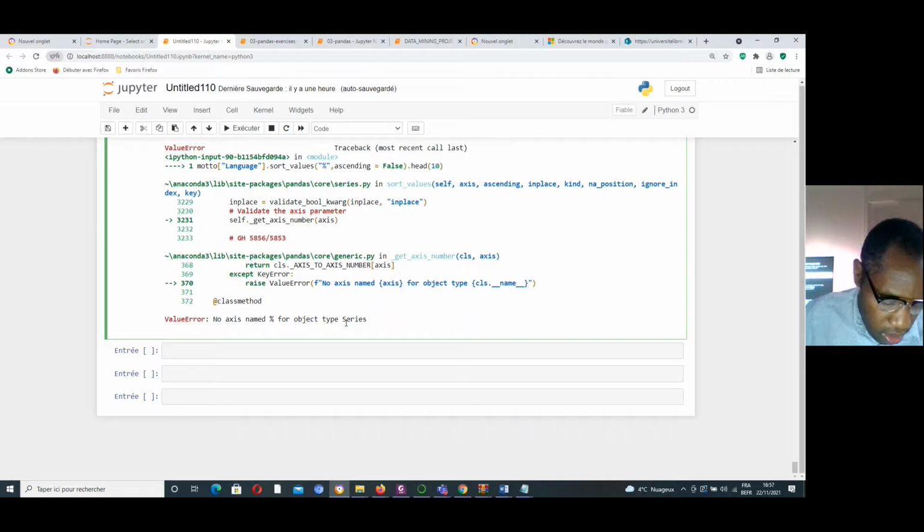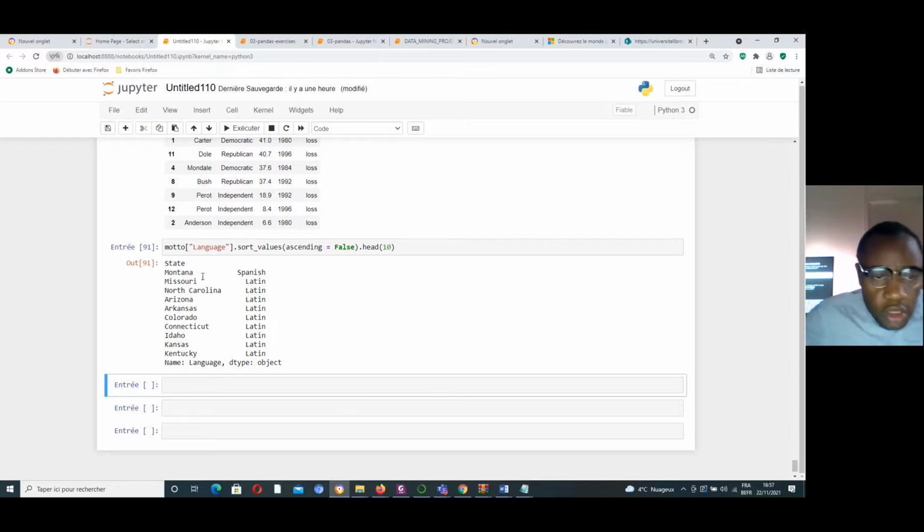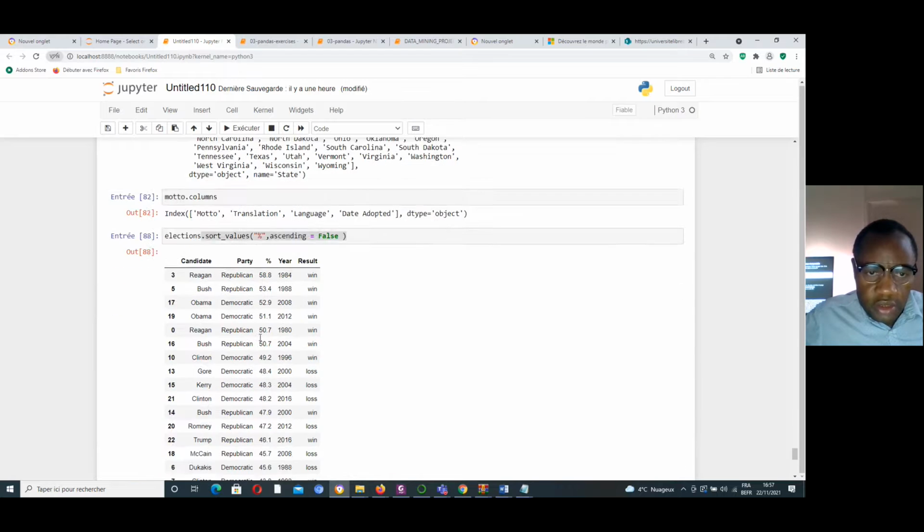Yes, that is great. Okay, here are the first 10 lines: state, Spanish, Missouri, Latin, North Carolina, Latin, Arizona, Latin, Arkansas, Latin. Very interesting.